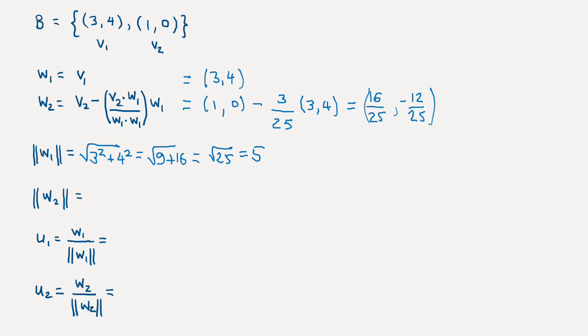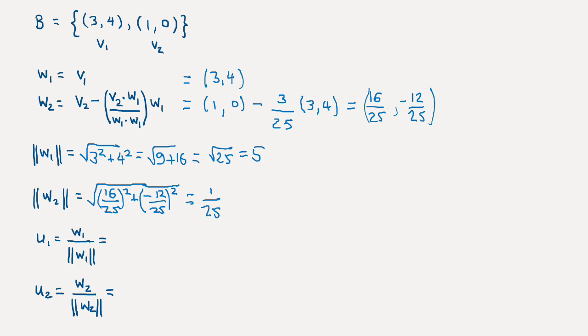And then the length of vector w2 is going to be the square root of (16 over 25) squared and (minus 12 over 25) squared. So what's that going to be? So let's see, we can put over a common factor. Well, actually let's pull out the 1 over 25 outside the square root. We'll pull out a 1 over 25